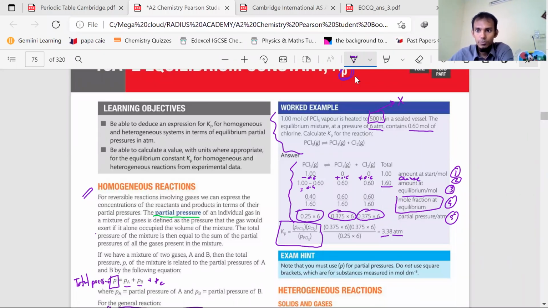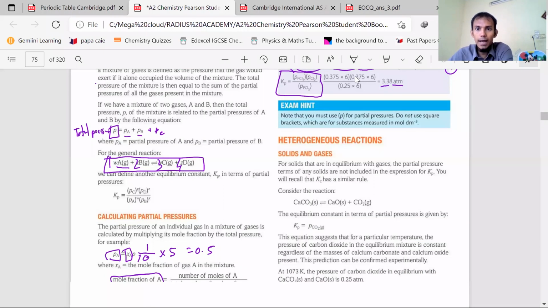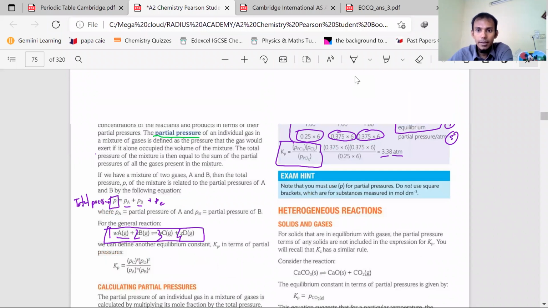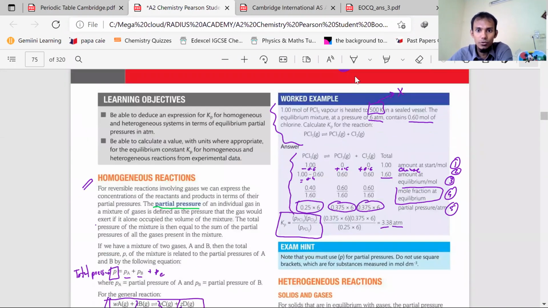ঠিক আছে, তাহলে যাই নেক্সট পয়েন্ট, হেটারোজেনাস রিঅ্যাকশন। এরকম আরো ক্যালকুলেশন আছে, তুমি এন্ড অফ চ্যাপ্টারে পাবা। এই ক্যালকুলেশনগুলো প্র্যাকটিস করো, আগে এইটা প্র্যাকটিস করো। তুমি যদি একটা পারো তুমি সবগুলো পারবা, একই জিনিস।